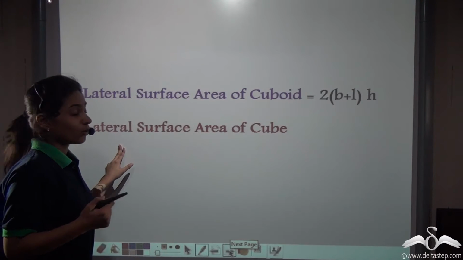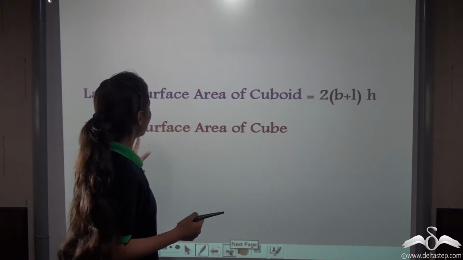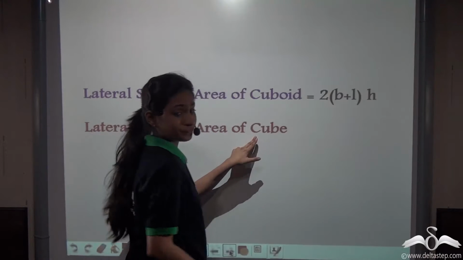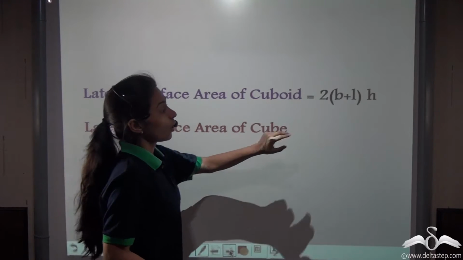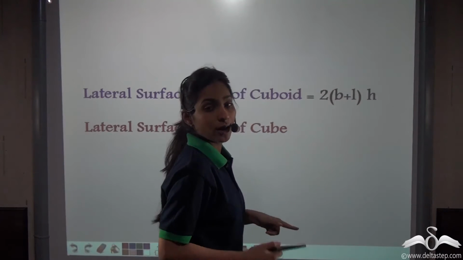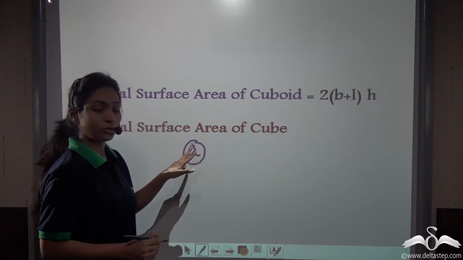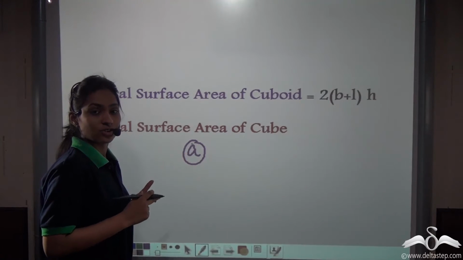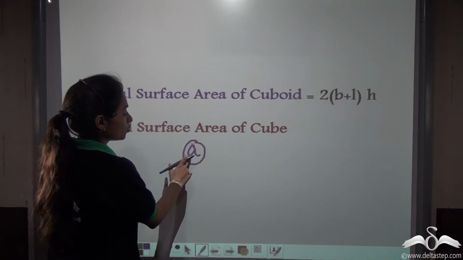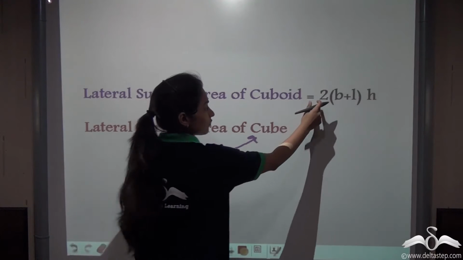Now you already know that a cube is a special case of the cuboid. Now how can we find out the lateral surface area of a cube? With this formula. Now instead of using l, b and h of a cuboid, we can use the dimension, say a, for a cube, because all the dimensions of a cube are same, be it length, breadth or height. So using this as the dimension of a cube, let's put this in this formula.